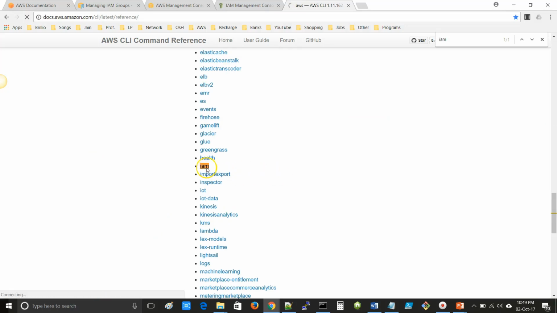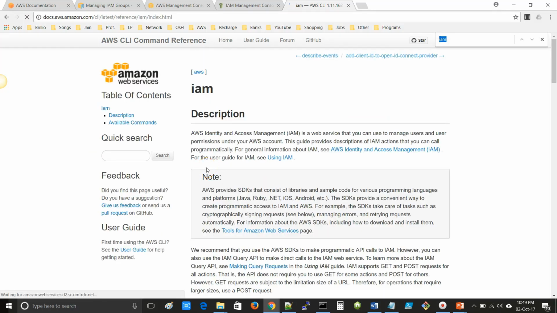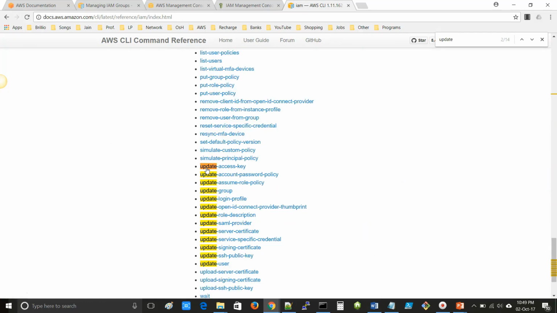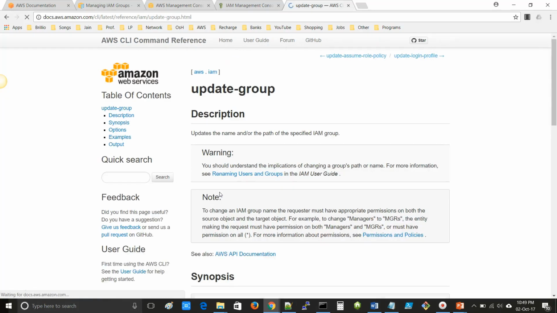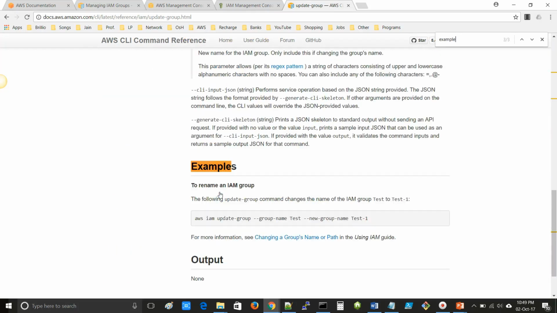Click on IAM. Again press Ctrl F, type update-group. So here you can see update-group. So click on that. Again search for example. So here you can see the example of the CLI command to rename the IAM group.